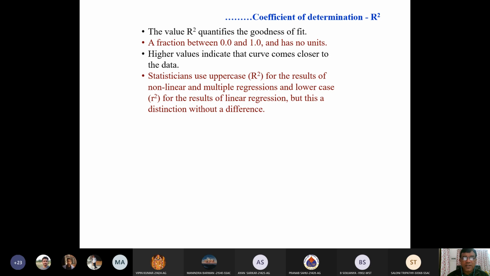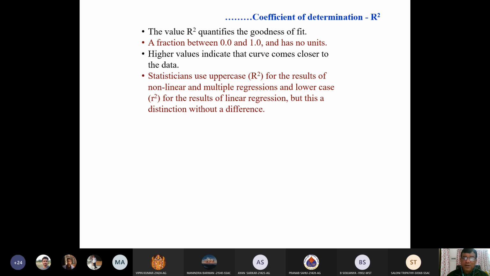And what statisticians say is, sometimes you will find a small r for correlation coefficient and capital R also for correlation coefficient. When the relationship is simple, meaning you have simple correlation analysis with only two variables involved, then we use small r. Otherwise, for multiple correlation analysis and multiple regression analysis, if we calculate R or R square, it is in uppercase. So that is the difference, that people write sometimes small r or capital R. Otherwise, the values are the same.